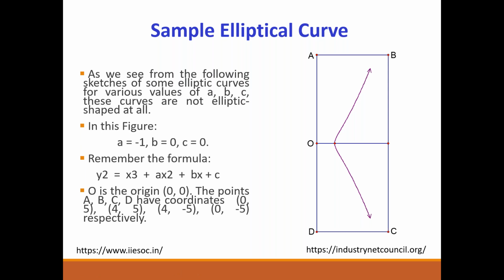And so here's a sample elliptic curve. What we're doing is we have the formula, and we plug in a number, -1 for A, 0 for B, and 0 for C. And so then we do a little graph. And so this is a sample elliptic curve. And in the TLS handshake, you'll see a particular extension which talks about which curves are supported. And that's what they're talking about here, what is the curve that we are supporting.